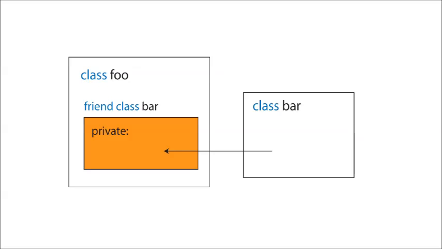Actually, it's much worse. The only reason to befriend in C++ is to give access to your privates. That's the only benefit of friendship in C++. Also note that friendship is one-sided in C++. If bar is a friend of foo, it doesn't mean that foo is a friend of bar. Only bar can access foo's private, but not the other way around.